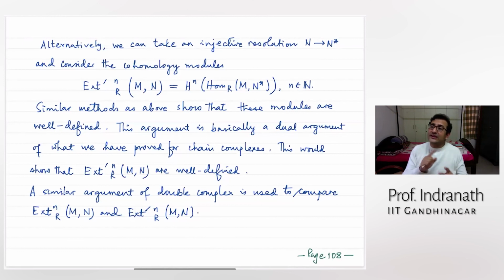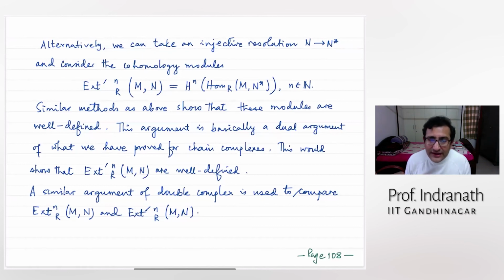So what was rather smooth for the tensor product, here you are handling two spots with two different kinds of resolutions. So this is where you have to be a little careful. That's exactly what I was hinting at, that similar methods as above show that these modules are well defined. Here again, you can do the same thing. If you take two injective resolutions, you will be able to show the homotopy equivalence between the cochain complexes, and finally apply this Hom, then again you have the homotopy equivalence, and at the homology level there will be equality, and therefore the maps will be the same, etc.